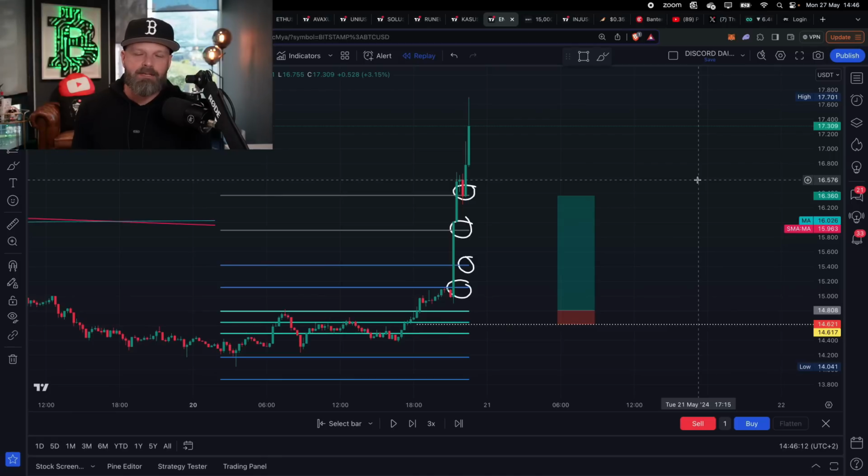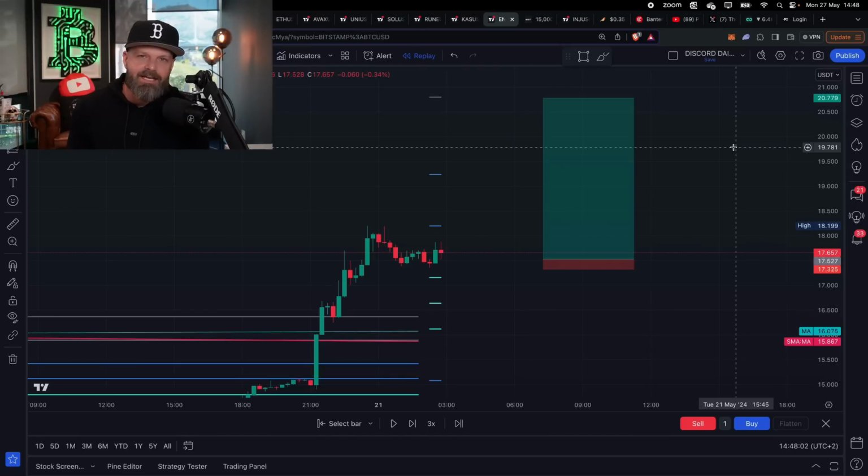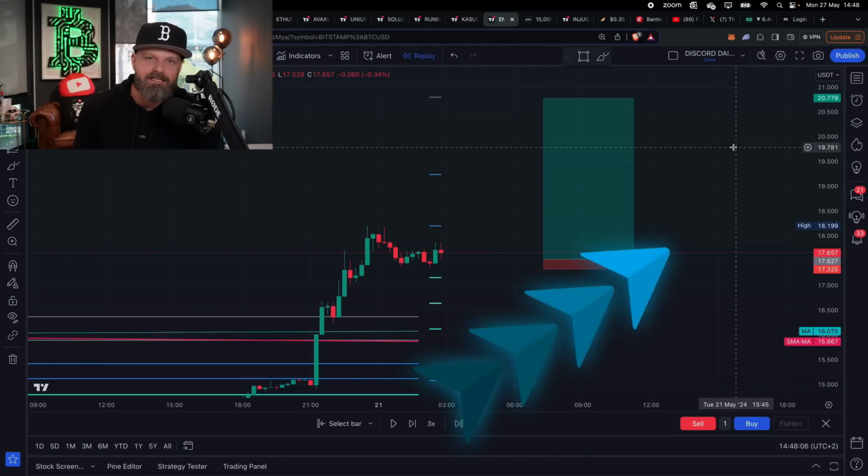Now we're going to wait for the daily pivots for tomorrow and we're going to see how this one is going to play out. So as you can see, the next day's daily pivot has formed and we currently have support above the daily pivot. This is telling us that we are trending up